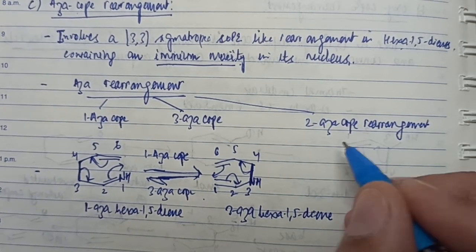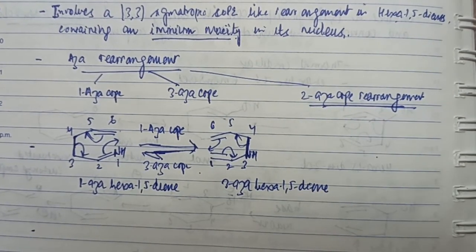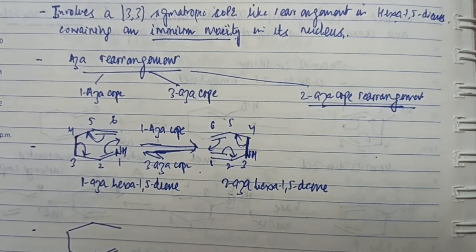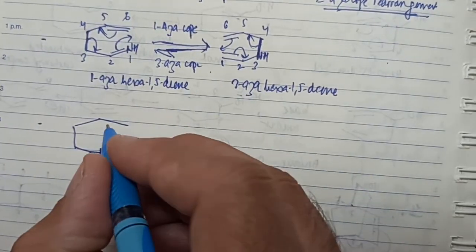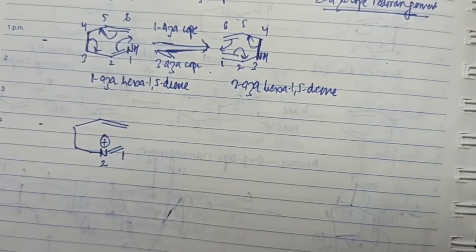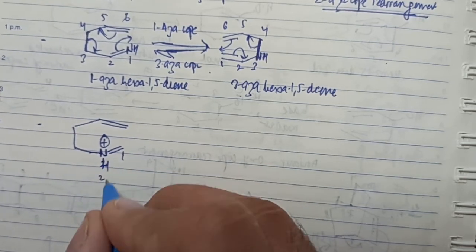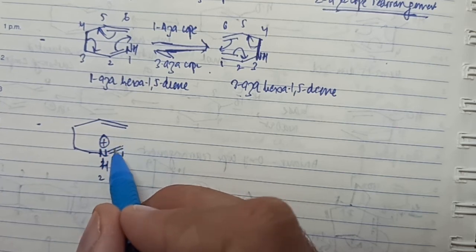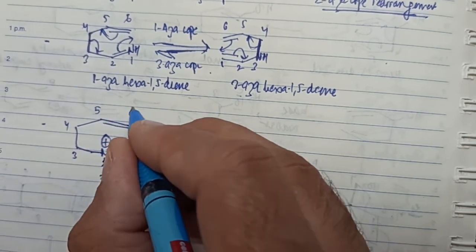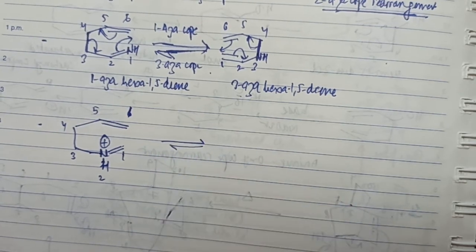But more important is the 2-aza-cope rearrangement, as this involves the iminium ion present at the second atom. Therefore, the substrate for the 2-aza-cope rearrangement, or simply called the aza-cope rearrangement, has nitrogen present at the second atom, and this nitrogen of course has a hydrogen here. This nitrogen would be iminium in nature, C double bond N, positively charged, and because of the positive charge effect on the nitrogen atom, these reactions are more facile, faster than the corresponding cope rearrangement.